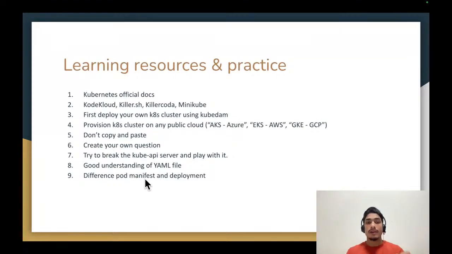Make yourself comfortable with the manifest file of a pod and a deployment, because what I have personally observed is that in the Kubernetes official documentation, the examples are based on the pod manifest file, but while you are appearing for the exam, they are based on the deployment. Now what I did while I was practicing, I was not able to make things compatible with the deployment. I just copy pasted the content from the pod manifest file inside the deployment,